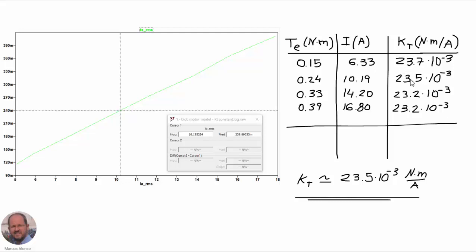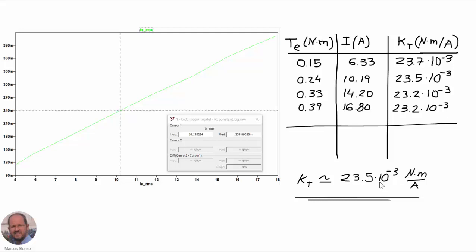So we can see that they are all very similar values. This means that this is a line that goes through the origin, and this is the constant that relates torque and current. So we can get this value at the end, approximately, for the constant KT, which is